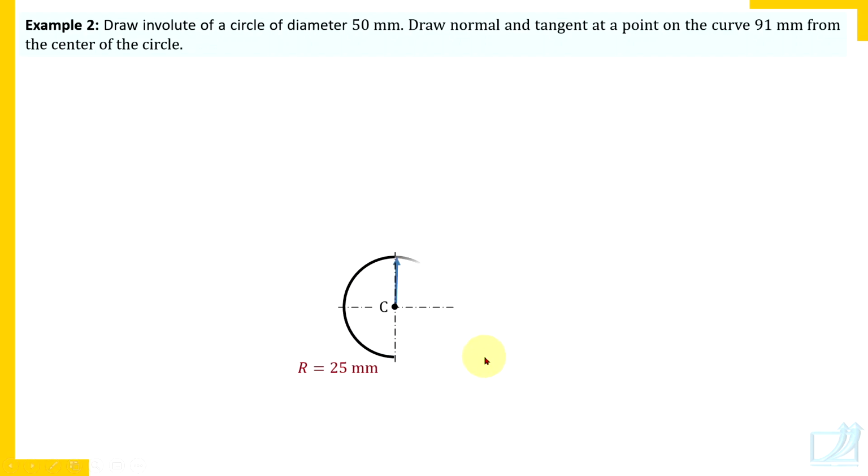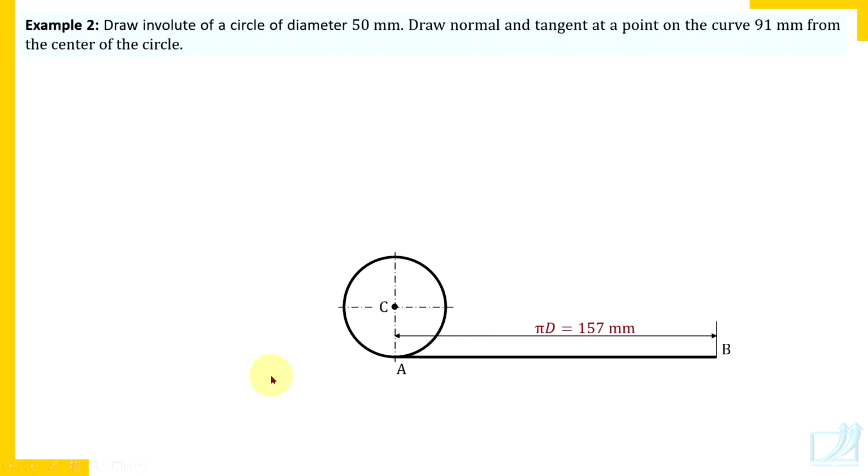Draw a circle of radius 25 mm as usual. Then draw the wire of length pi d, 157 mm. Now here the wire itself is of length pi d, and as I told you, you should divide length pi d in 8 parts, and that is what we are going to do. Now just follow the procedure. Divide the circle in 8 parts. So for winding action, the wire should move in anti-clockwise direction. So in anti-clockwise direction, label the points.